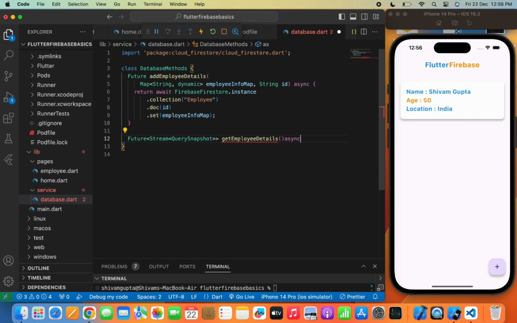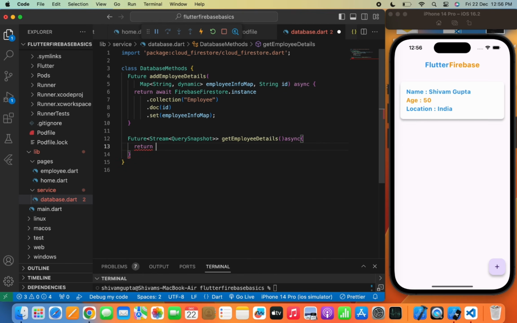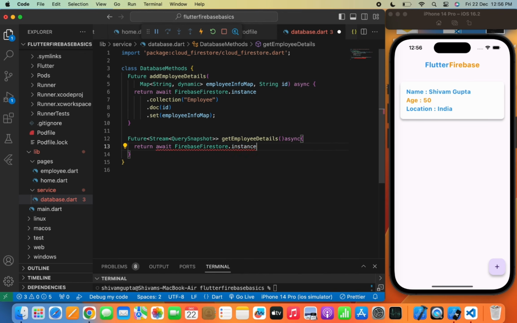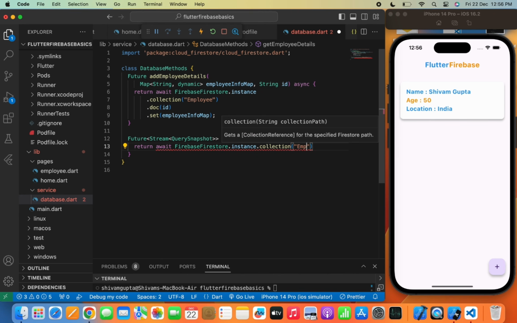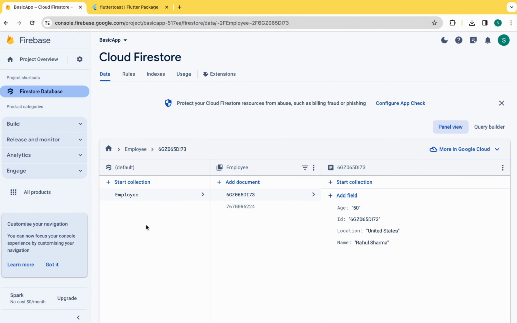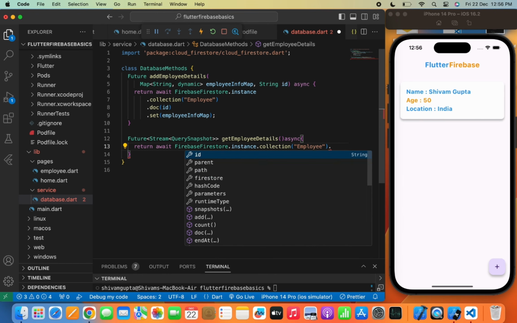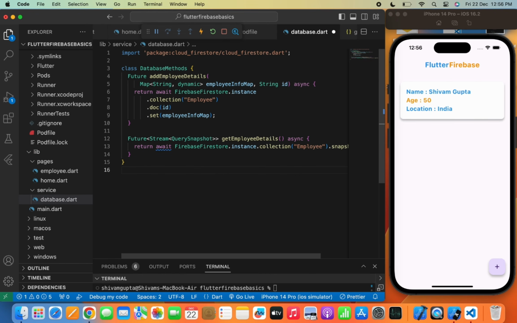Now we'll write FirebaseFirestore.instance.collection and we'll pass the collection name employee, and .snapshots so that we can get all the documents from the respective collection. So we have created a getEmployeeDetails function so that we can read all the employee details from the